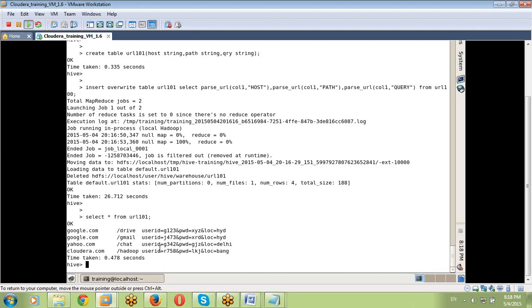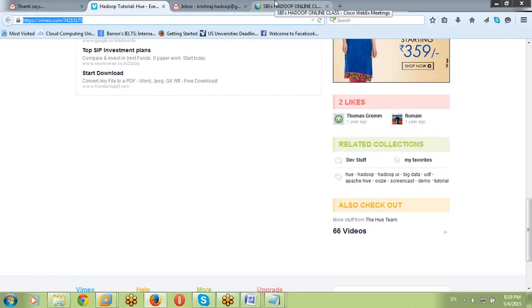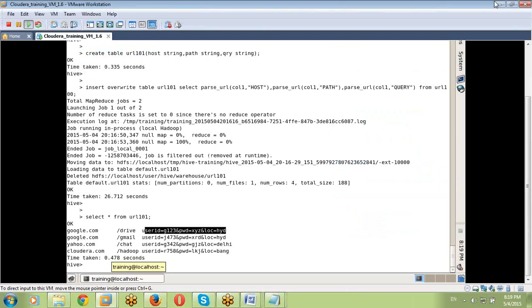Exactly. We will again use the delimiter to get the columns. We are using the delimiter only, but there is an approach to delimit this type of data also. First we convert this messy data, which is small right now, just like user ID and password. But in real time, big queries and big lines of log URLs are available. I want to convert it into JSON format first, and after that we load it into a table.